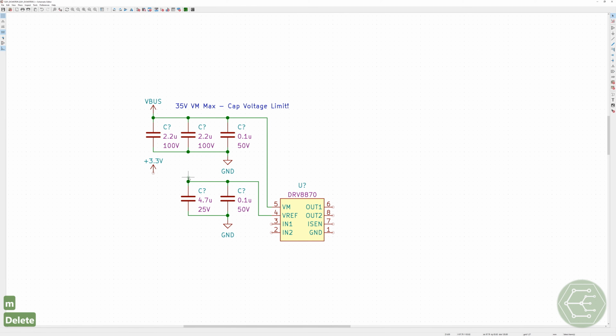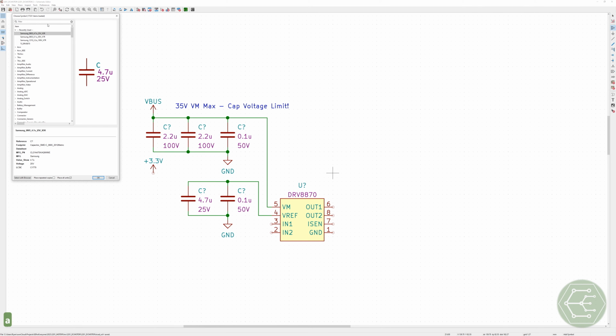I might want to put a ferrite bead. Not totally sure, but we're going to want that to have a pretty small ripple, and it was probably going to be a switch mode power supply upstream. We haven't designed that yet, right? We're starting with the motor driver, but